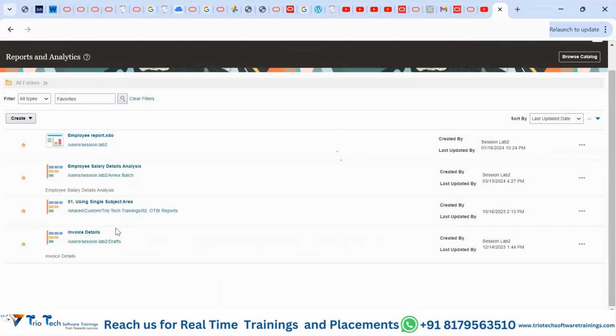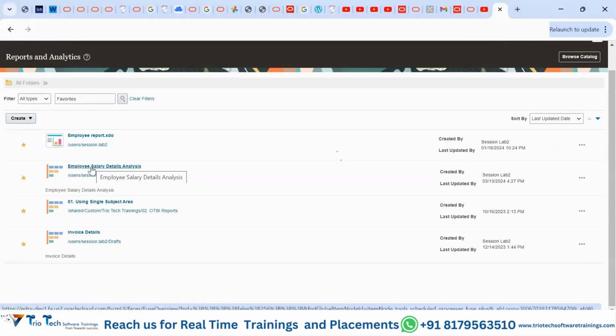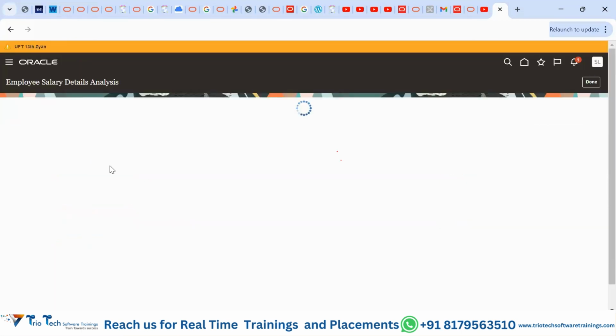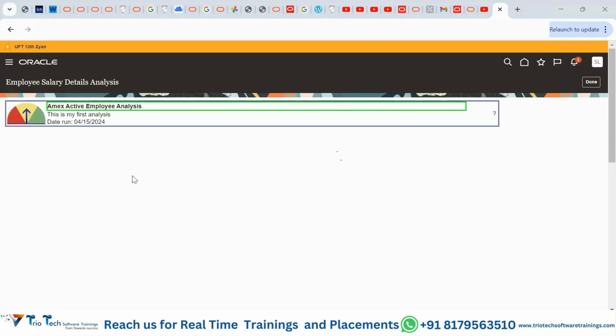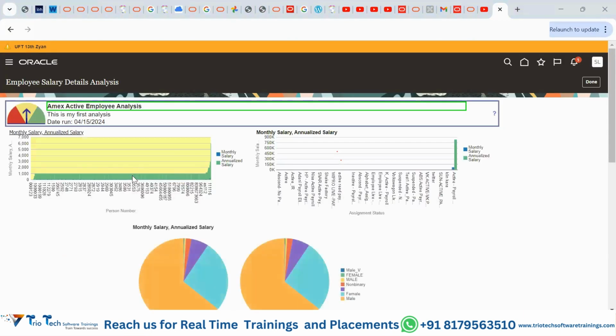Okay, say one of the reports has been listed here and you want to access that report, you can just click on that report, and as a business user, as a functional user, you can access this report, see the data, and based on that data you can make a decision and proceed further as per your requirement. Okay, so guys, as part of this particular training, we will be learning how to make such analytical reports through a technology called OTBI, creating a report